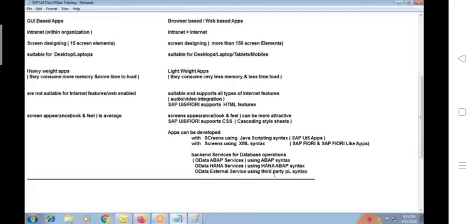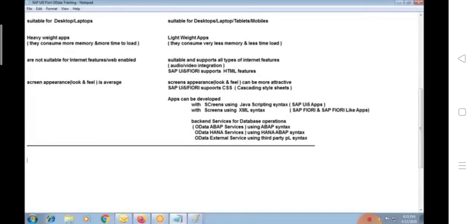It all depends. If it is SQL Server, we can use SQL Server syntax inside that external service. So generally for our UI5 Fiori apps, the backend services for dealing with database operations will be of three types: a normal ABAP service, a HANA based service, or an external service. So let us understand how exactly these things will come into the picture with a simple architecture.